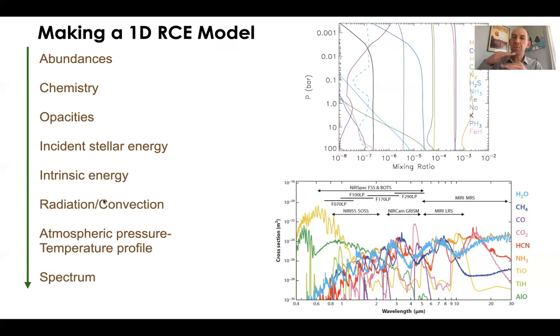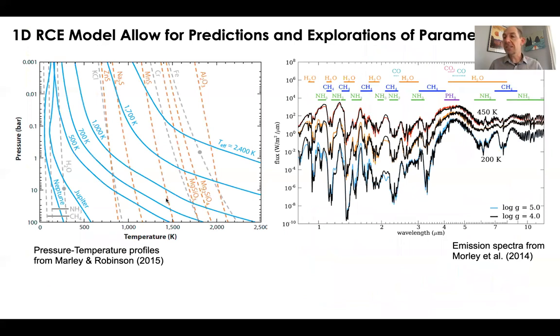You then, at every pressure level in the model, you have to calculate whether or not that's a convective layer or not. And in the end, what you get out is a pressure temperature profile that's consistent based on the flux coming in, the flux coming out of the bottom, and the atmospheric abundances that are absorbing and emitting that energy. And what you can then generate from that self-consistent one-dimensional solution is your emission spectrum, or your transmission spectrum, or your reflection spectrum. And so one typically does this for a given model or potentially for a grid of